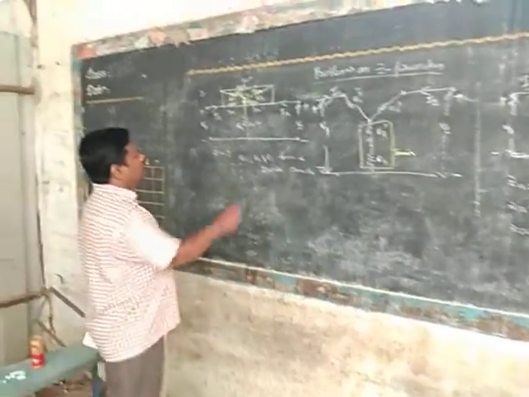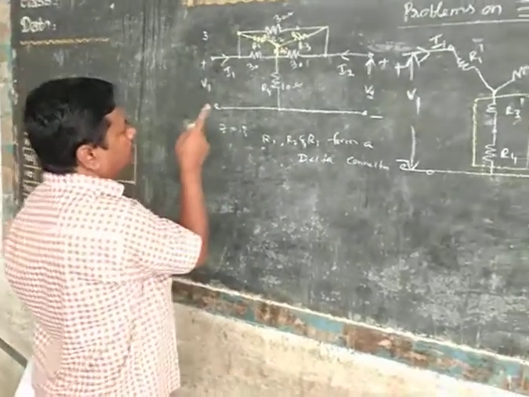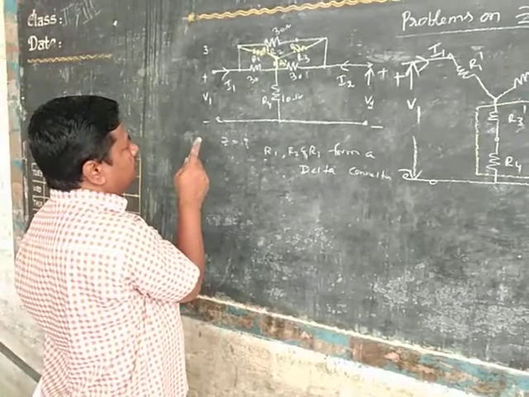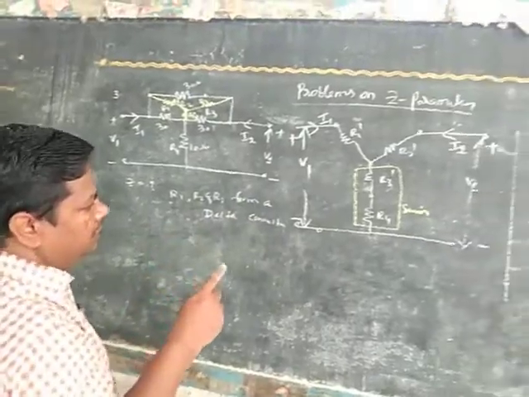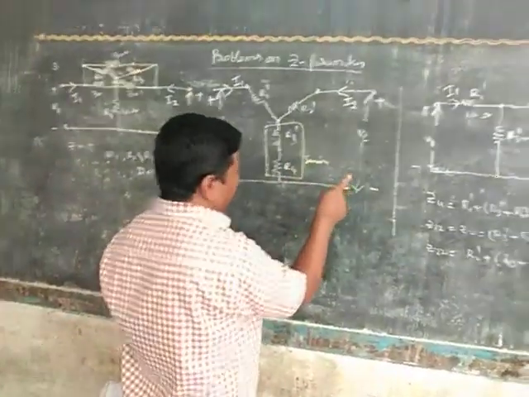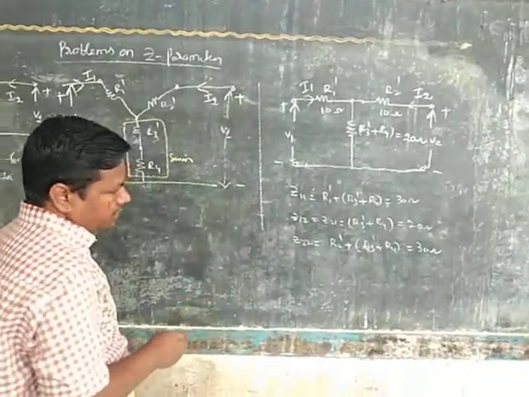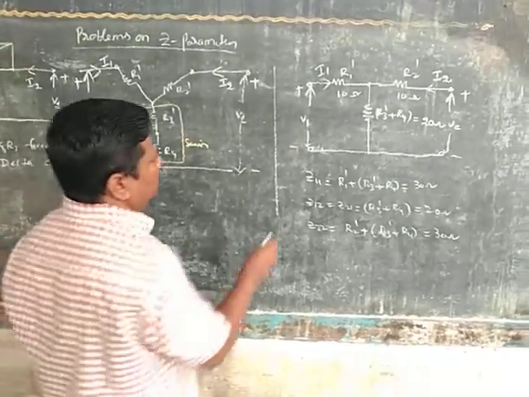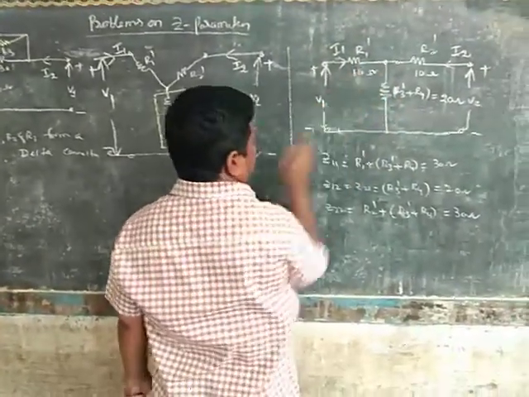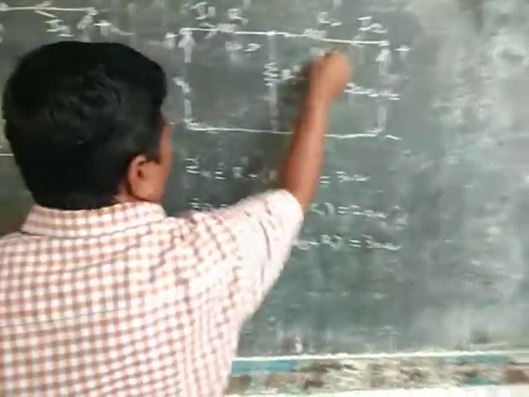First of all, observe the given circuit. Is there any delta connection in the circuit? First of all, convert the delta network into star network, then rearrange the circuit. Any series combinations, add these two, these two are in series. Then add these two series resistors R3 dash plus R4. Then these are compared with standard Z parameter equations. So simply Z11 is equal to adding these two impedances. Then Z12, Z21 is only this impedance. Z22 is equal to adding these two impedances. This is the third problem.